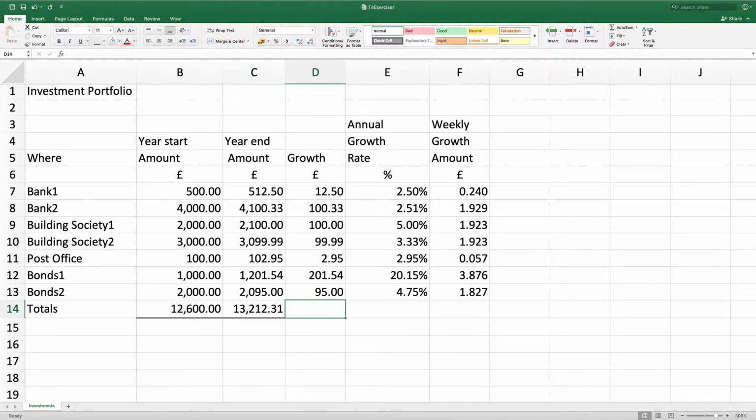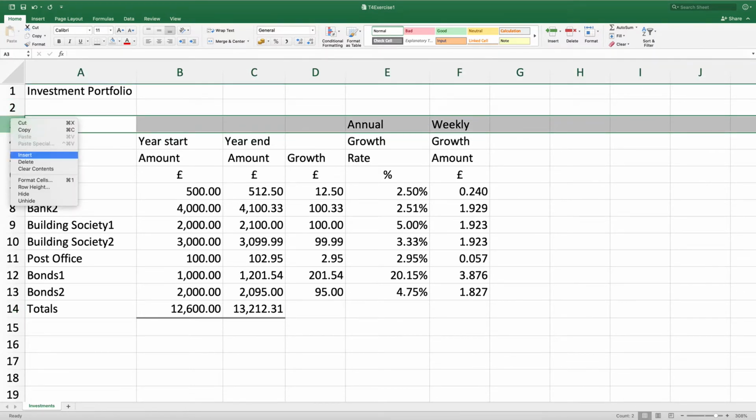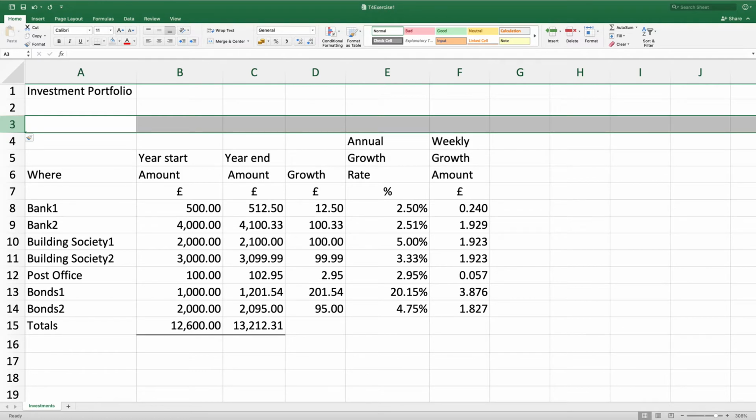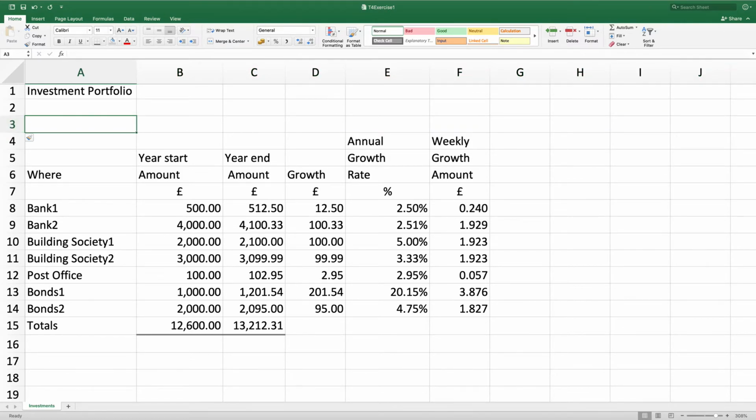I want to insert a row above row 3. So I'm going to click on row 3, right click and go insert. In A3, I want to type average growth. In B3, I want to enter a formula to calculate the average growth rates in the growth rate column. So here I want to enter a formula, so I'm going to start with equals